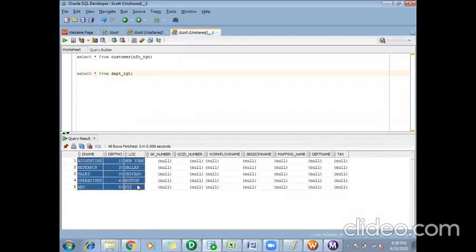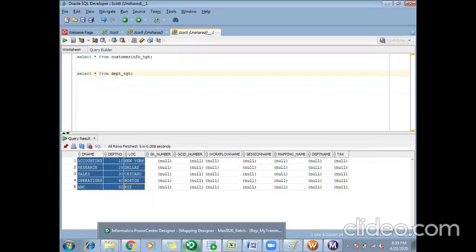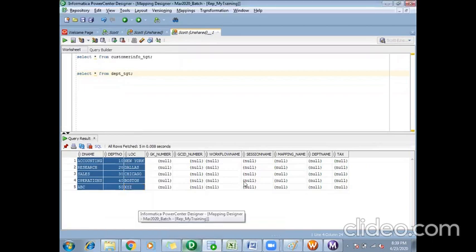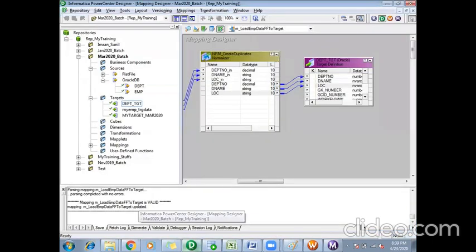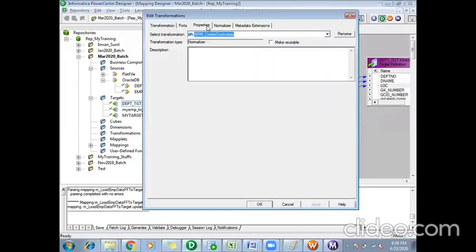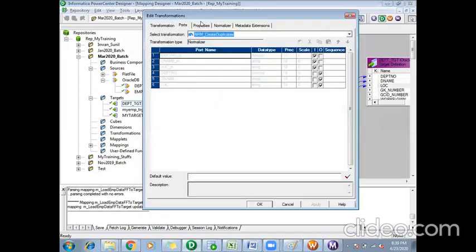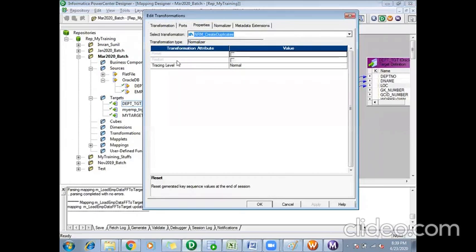Now, what was my requirement? I want to generate duplicates for every record I get from the source. I want to generate 5 records for each department. That is duplicates. So what I will do for that is go back to my normalizer. In the ports tab, in the properties tab, we have something called reset and restart, and these are still disabled for me. We'll see when they will be enabled.